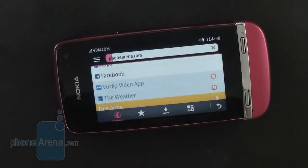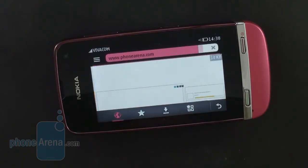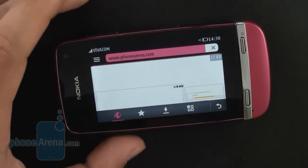And probably the biggest question with such a feature phone is whether you can actually access the internet from it. This device comes with Nokia browser, 3G connectivity and Wi-Fi connectivity as well. But it really takes some time to open some more graphically intensive websites such as phonearena.com. We don't have all that many graphics, but still you can see that it took some time to load the